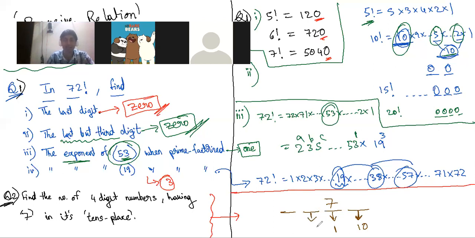In the next hundreds place, how many options? Sir, 10. In this, Sir, 9. Why 9? See, what are the 10 options? You can put 0 to 9. If you put 0 here, it will not be a 4-digit number anymore. It will become a 3-digit number. So except 0, you can put anything else. Therefore, you have only 9 options, 1 to 9. So the answer will be 9 into 10 into 1 into 10. Yes, sir, 9,000. Sorry, 900.